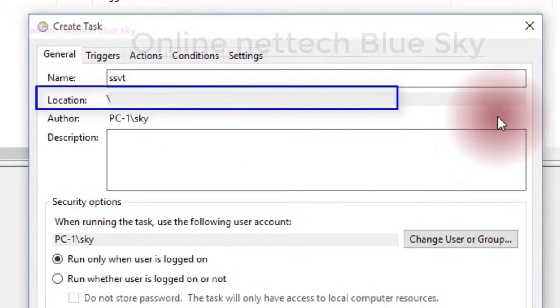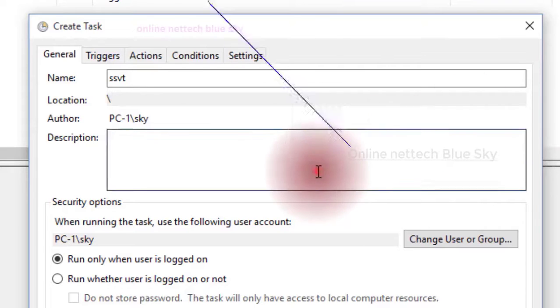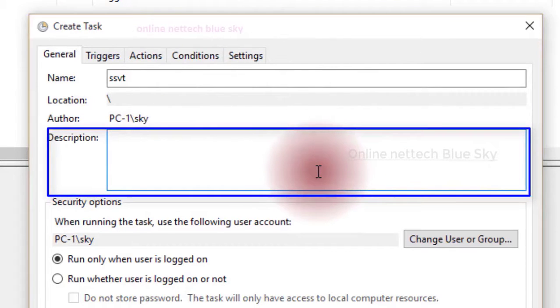You can add your locations, files, and systems here, but by default it is the home directory inside the user. Click on the Windows partition, then click User, and you can select your user inside this home directory, and you can add a description about your task. So I'm just creating a simple task first.